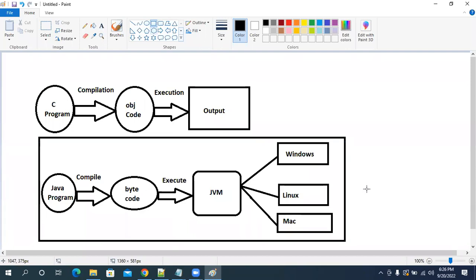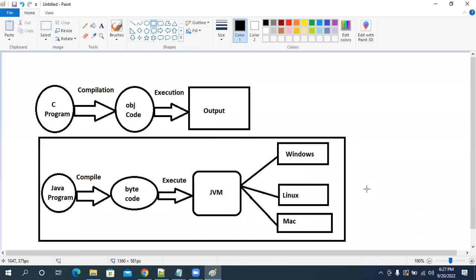Tomorrow, this question will not be asked of experienced people. It is LKG standard: how does a Java program execute? They will ask what is the architecture of Java program execution. Then we are going to become Java developers. When you become a Java developer, you are going to write some Java code.